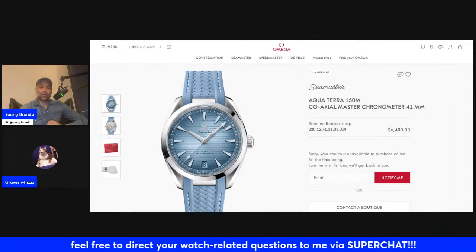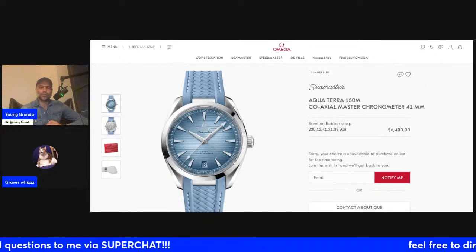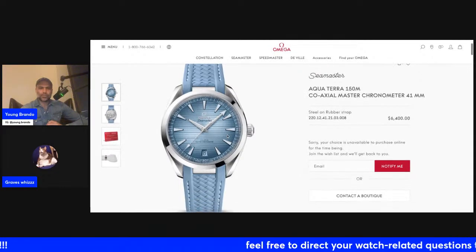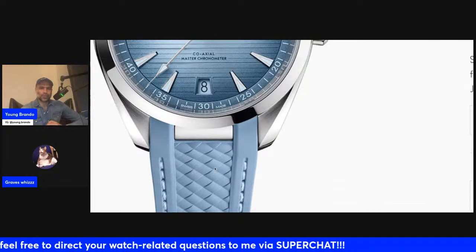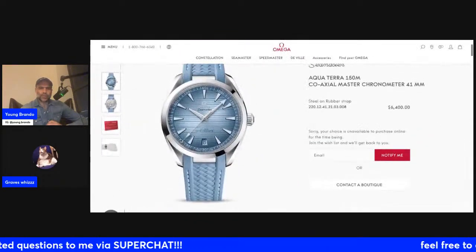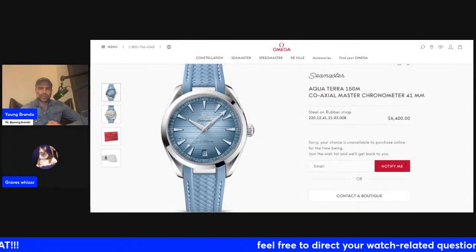Yeah, I don't know. I like it. I like this watch. Honestly, I would have preferred a darker kind of strap with it, and I'm not a huge fan of the texture on that strap. But the overall aesthetic of this watch, I like it. Here it comes out a